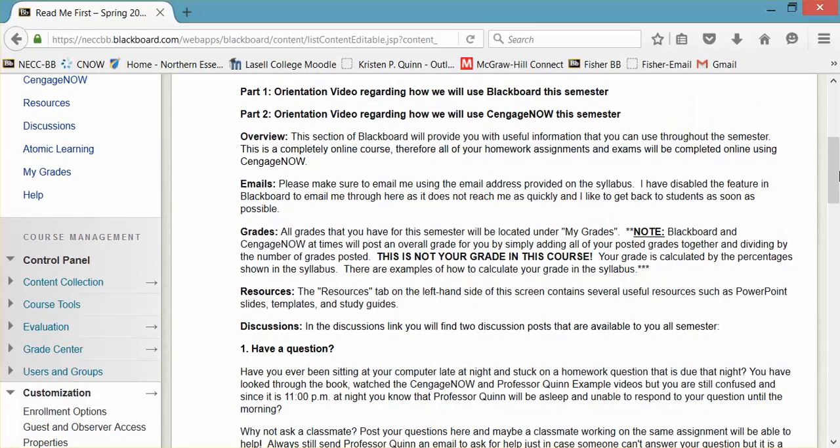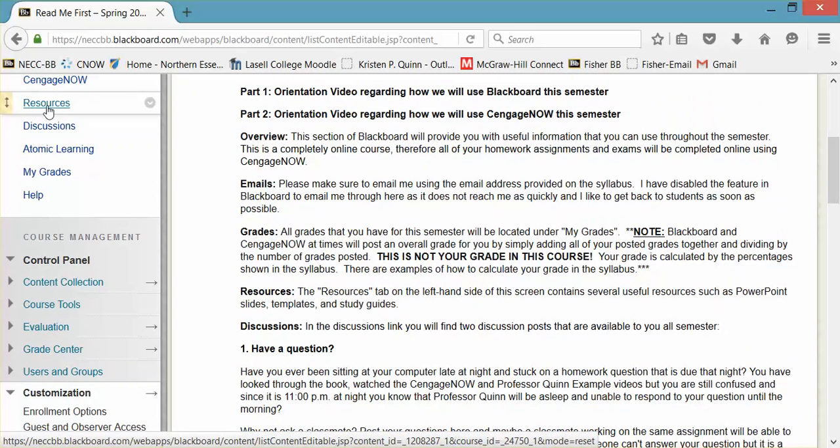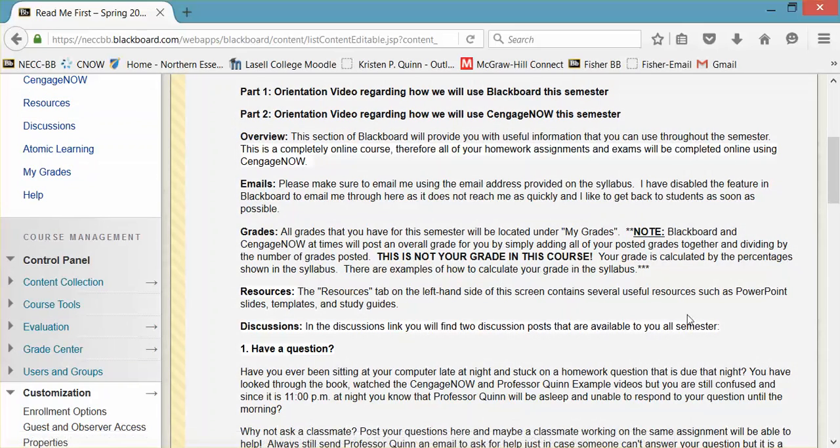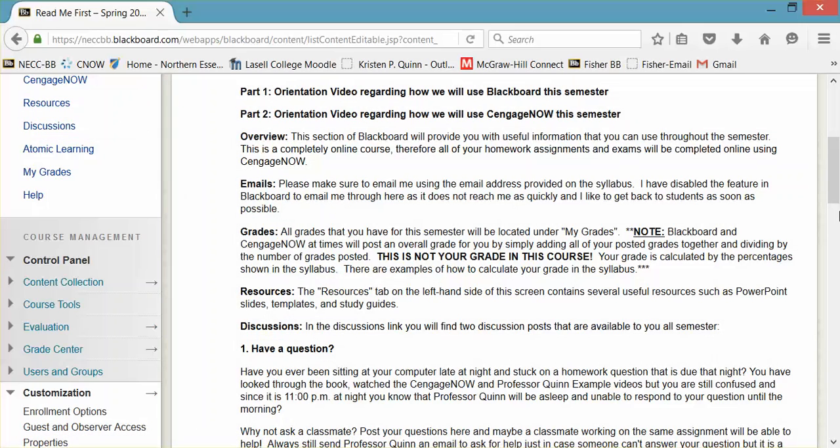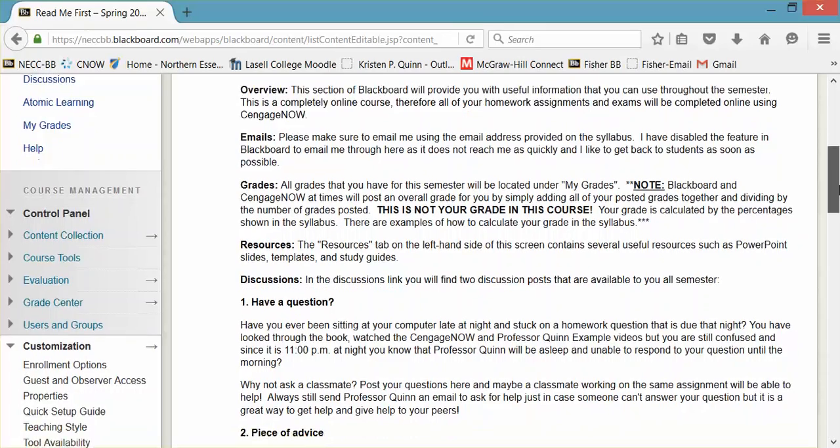Under the Resources tab, which again can be found right over here on the left-hand side, you will find some useful resources such as PowerPoint slides, templates that you can print out, and study guides that you can use throughout the semester. Under this Discussions link, you will find 2 discussion posts that are going to be available to you